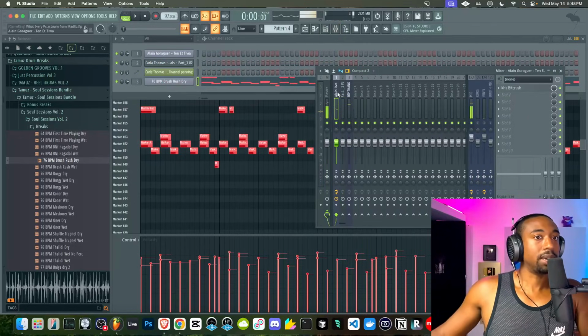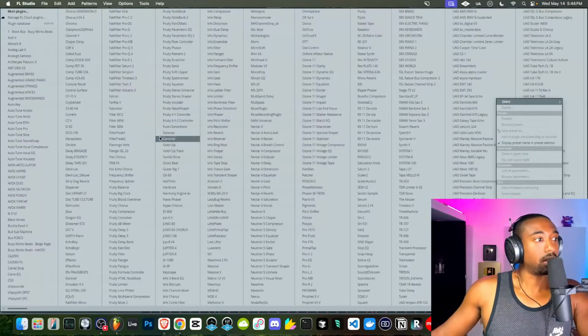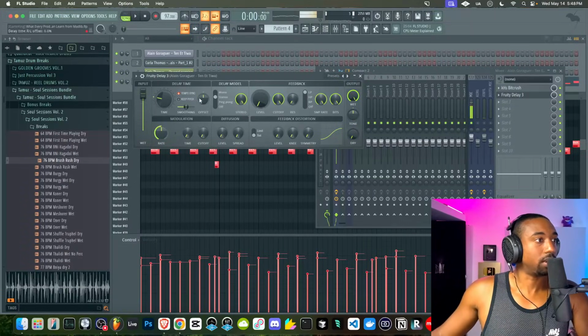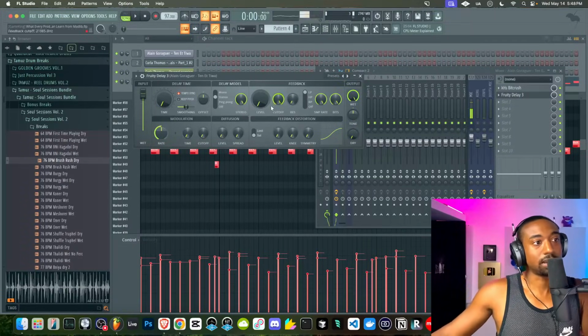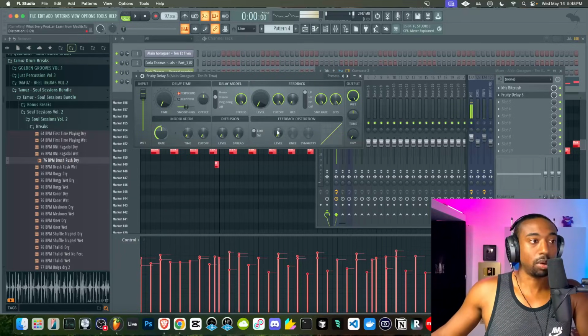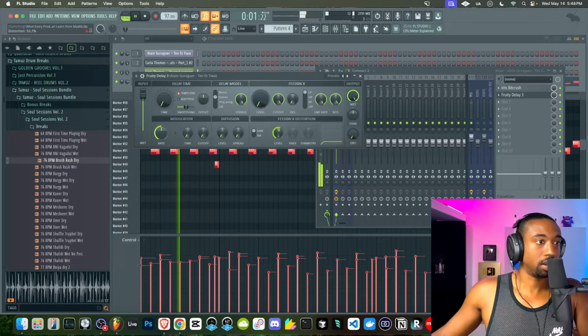Okay, now on to making the sample feel retro. We can go to Fruity Delay 3 and turn the wet level all the way up, feedback level down, delay time down. Everything else becomes an effect. Here's where you can mess with the low pass filter, the sample rate, but it adds that ring, so be careful with that. But here I love the limit mode because this is a really nice compressor similar to the SP404 sound.